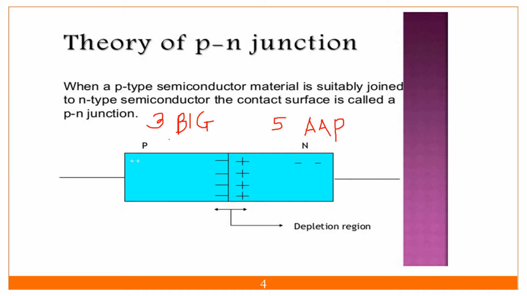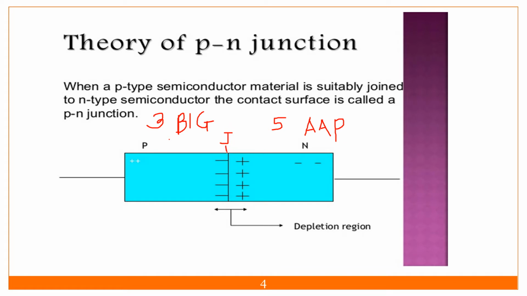Like this, in the n-type material, electrons are the majority, millions of electrons are there, but you will still find some holes. So what will happen here? The holes get attracted toward the electrons, and the electrons get attracted toward the holes. So at the junction point, I will denote it as the J point, where they are connected.